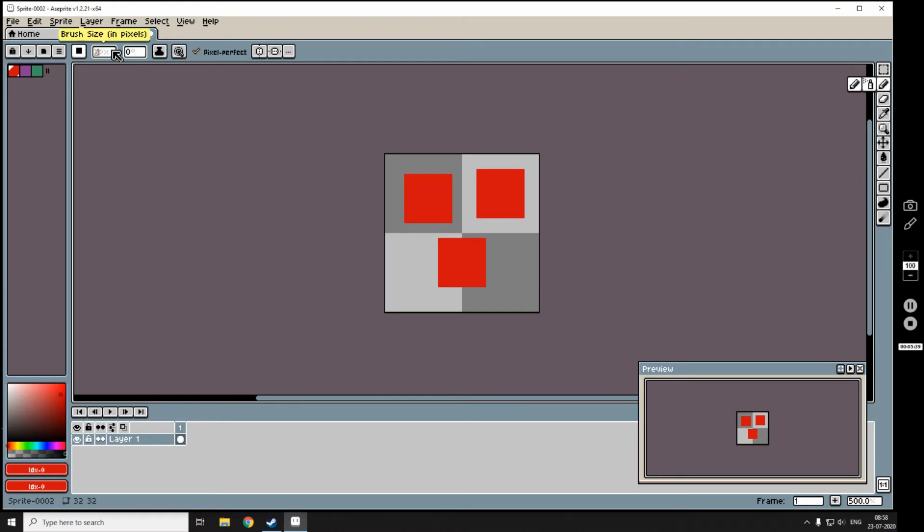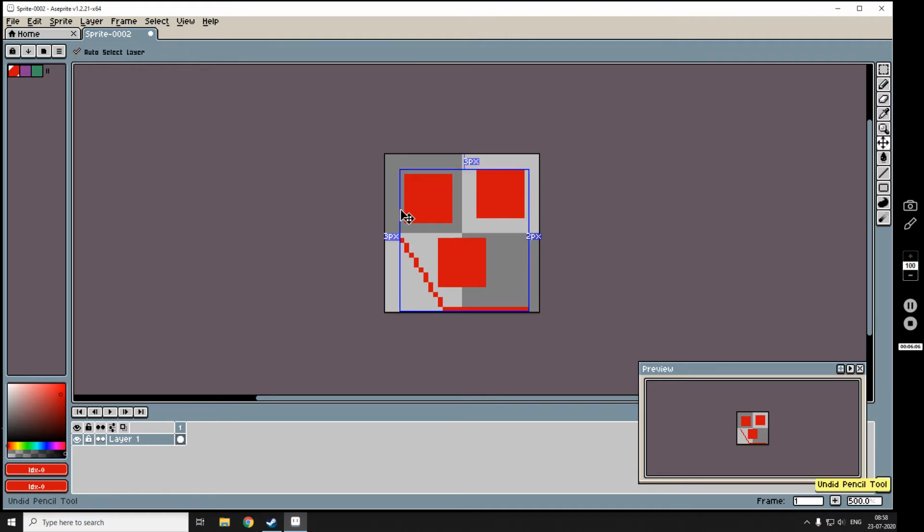Here is one more important thing, so let me tell you. First, let's decrease the size of this pencil, and if we pick a point and then just hold the shift button, then we can create a straight line anywhere on our canvas using this pencil tool. Let me pick a point here, and if I hold the shift key, I can make a straight line wherever I want in our canvas.